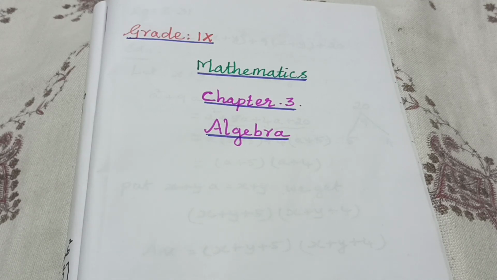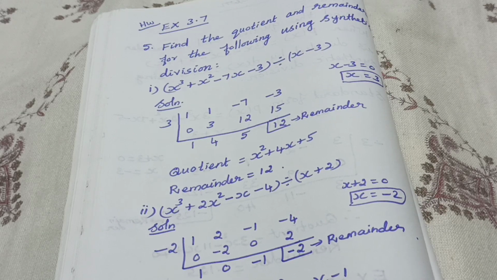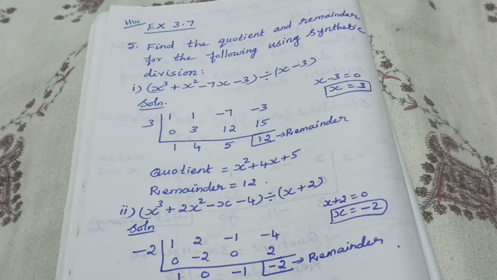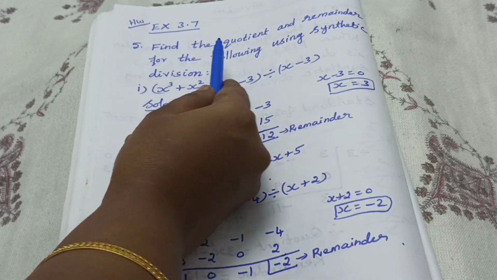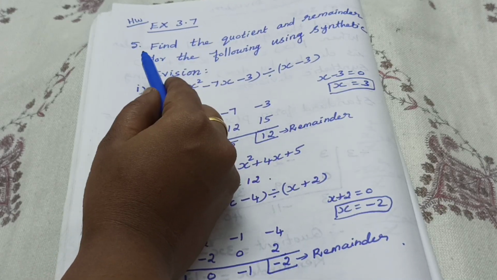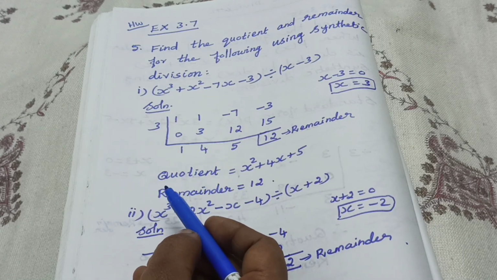Today we are going to see the continuation of the third chapter, Algebra. So dear children, take your third chapter note and start writing. Children, have you completed your homework? Take your homework and check your answers. Then exercise 3.7, fifth sum, subdivision 1 and 2 homework.